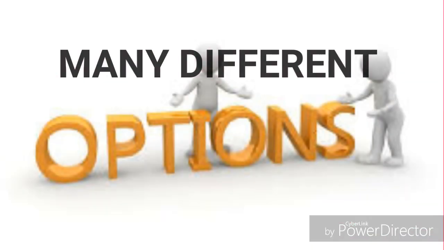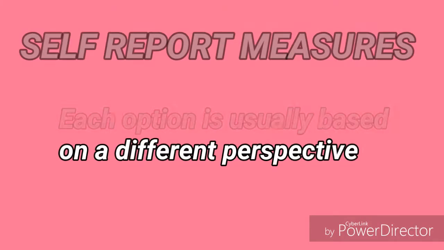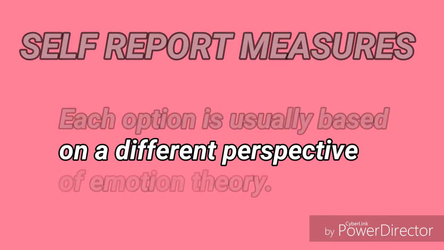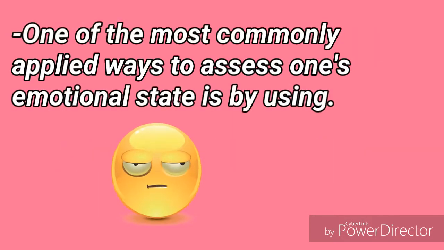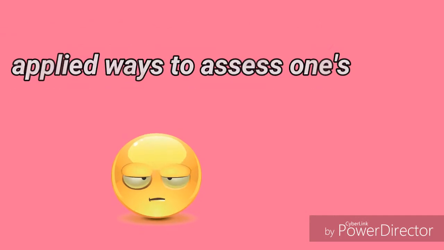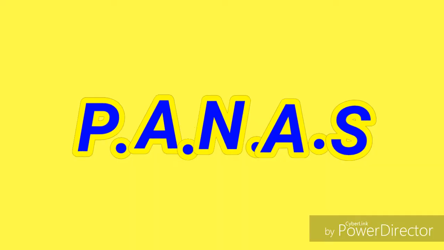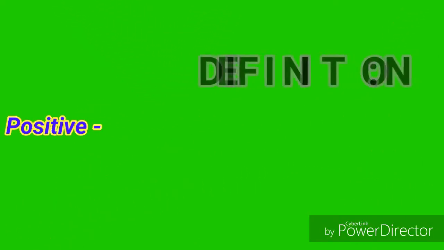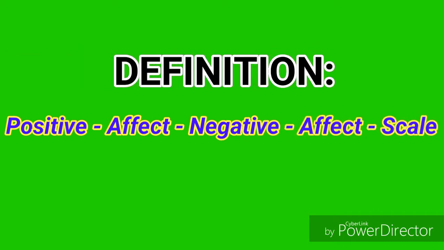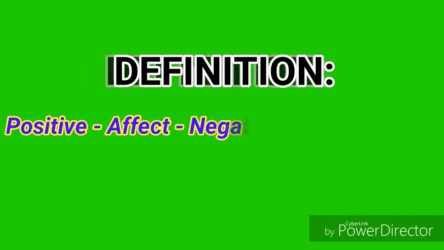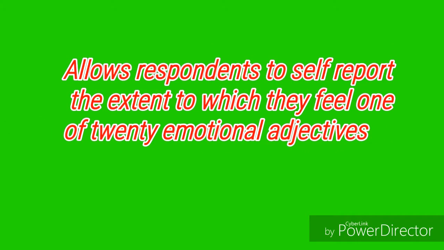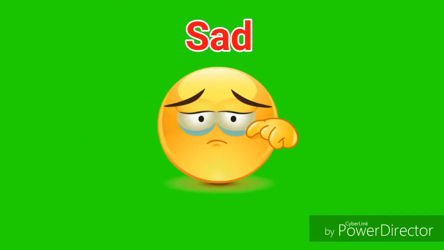However, many different options exist for applying self-report measures, and each option is usually based on a different perspective of emotion theory. One of the most commonly applied ways to assess one's emotional state is by using the PANAS. PANAS stands for Positive Affect, Negative Affect Scale, and allows respondents to self-report the extent to which they feel one of 20 emotional adjectives, including happy, inspired, sad,